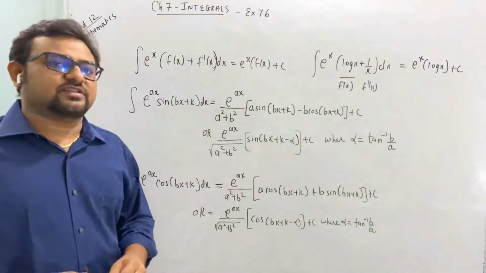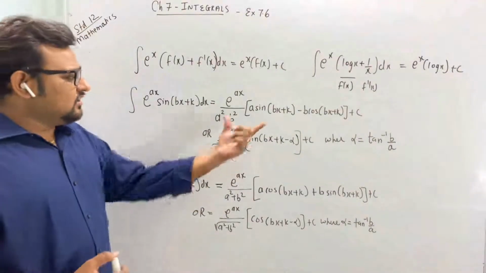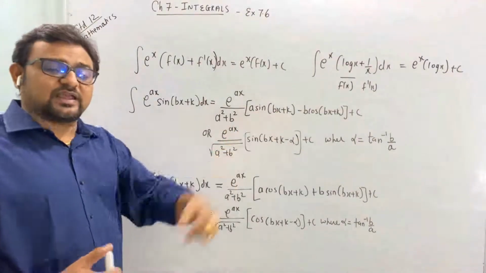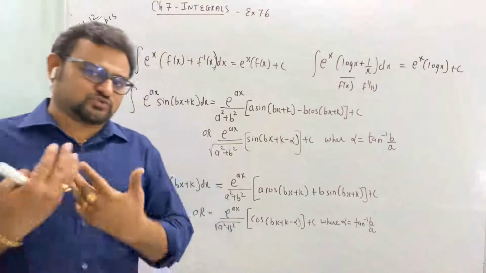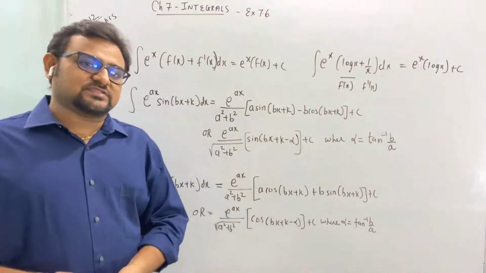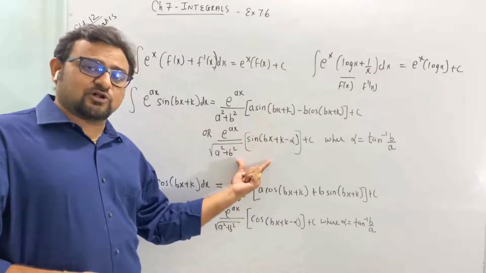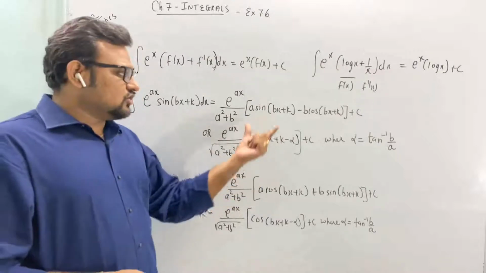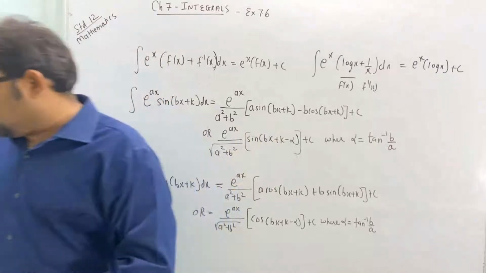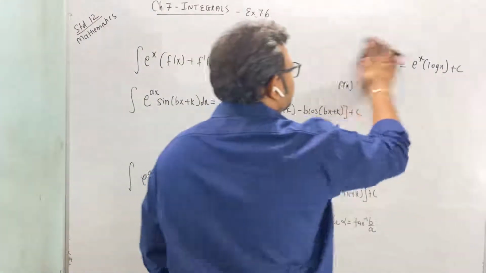In a descriptive theoretical question, if you write the solving this way, it's okay. But if there are MCQs and there is not a single option like this, then this option may also be present there. So you can use this or this formula. Let me explain with an example.